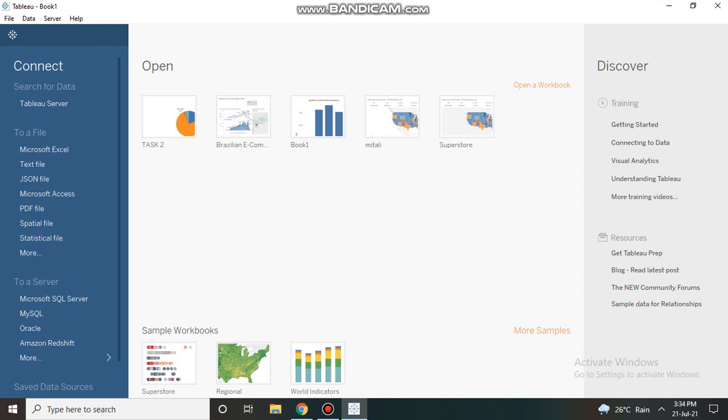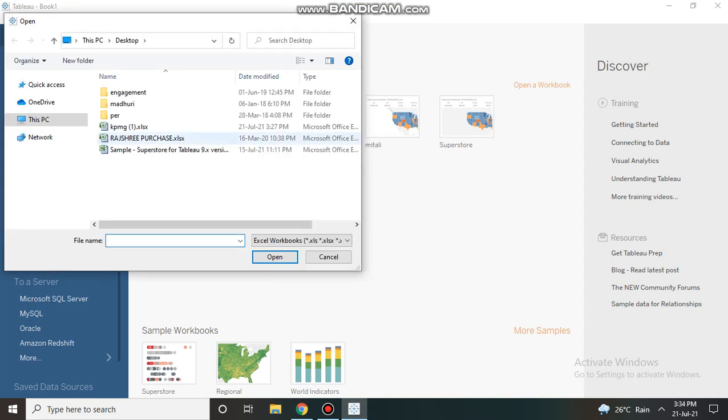I will show you how to do graphical analytics and how to make a dashboard in Tableau. First of all, I have installed Tableau on my laptop, and I have also downloaded random data in an Excel sheet, which I am going to export and transfer to Tableau. I have opened Tableau and am exporting the data.